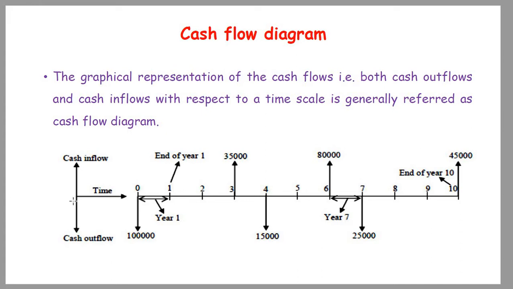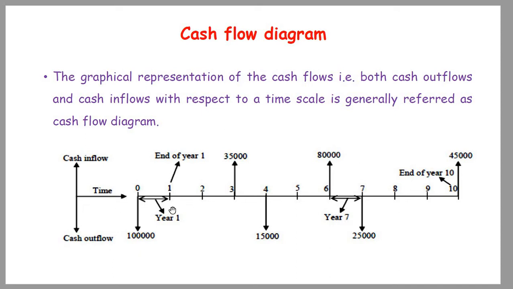Here the vertical arrow indicates the cash flow. Inflow means a person has gained cash, or he has got that much amount of money. Outflow means the person is spending the amount, or giving it to some bank or some other person. The arrow pointing vertically downward shows the cash outflow, and vertically upward it shows the cash inflow, and